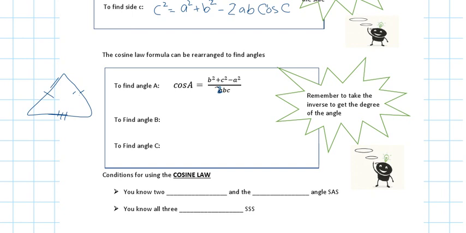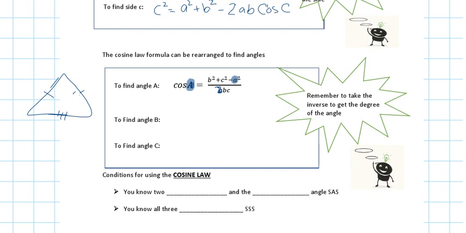Okay? So this comes from rearranging the formulas on the top. All right? So cos A equals B squared plus C squared minus A squared over 2BC. Always, always, eyes on me for a second, please. You see this angle? It's going to match with whatever letter you're subtracting, okay? So you're subtracting A squared because it's cos A, okay? So in this case,